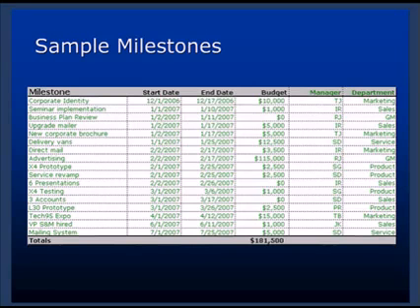The core of a good plan is the milestones, a collection of activities with start date and end date and budget, person responsible, department responsible. These milestones make a plan real. It's not just blue sky strategy. It's exactly what's going to happen when. And of course, the milestones give you a way to manage and implement that plan, give you course corrections, review the plan results, and turn that plan into a management tool.